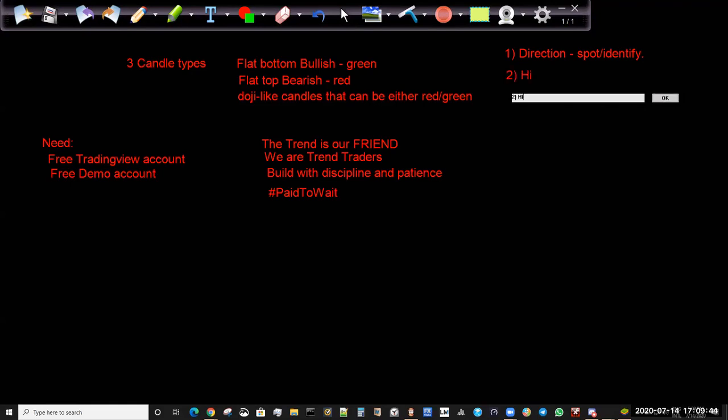2, we have to know high, low prices. 3, we have to determine our entry and our exits based on the information we got from 1 and 2. These are the first things that we have to do. We want to know where the trend is. We want to know where our high and low prices are, and then we have to determine an entry and exit. And we do that by entering on a